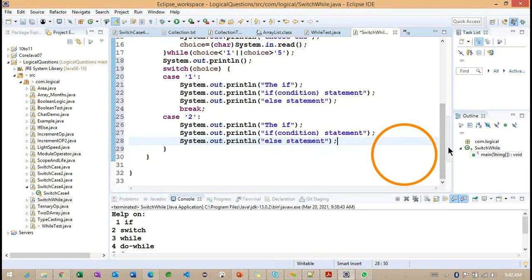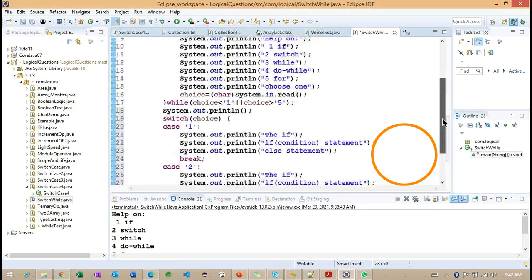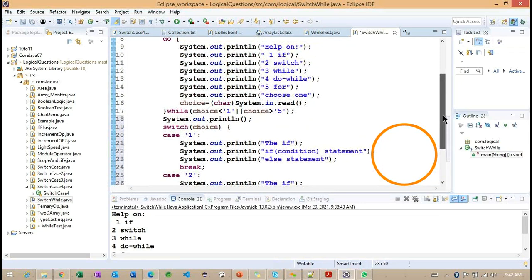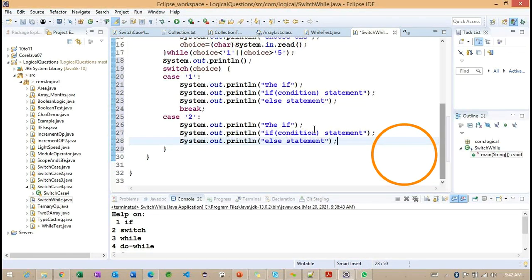Okay, let me drag this a little bit below. What is the second case here? You can see it inside the switch. Now what are we going to do? Here is the switch, and the switch has this syntax: it takes an expression.